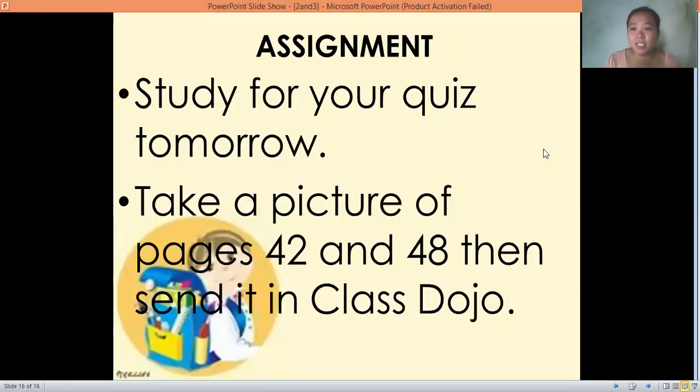Okay, for your assignment, you need to study for our quiz tomorrow and take a picture of pages 42 and 48, then send it in